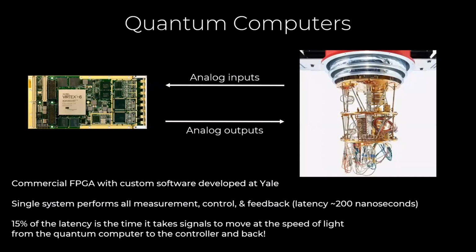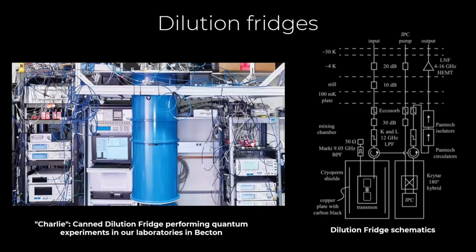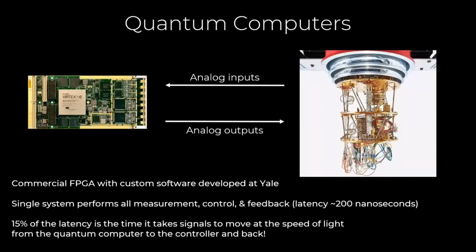This is an open version. You can see the closed version when they're running, when they're cold, and when they open, they look like these copper machines where you have all these stages of cooling down. We control these with analog input and output. We have classical computers running this machine, and an oscilloscope. This is basically the way most of the quantum computers accessible on the cloud work. At Yale we have a latency of about 200 nanoseconds, so really good for that.